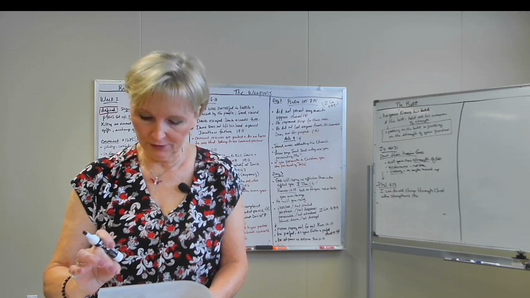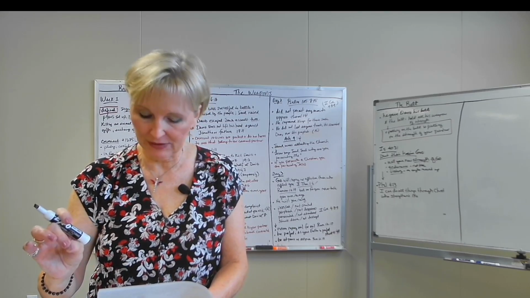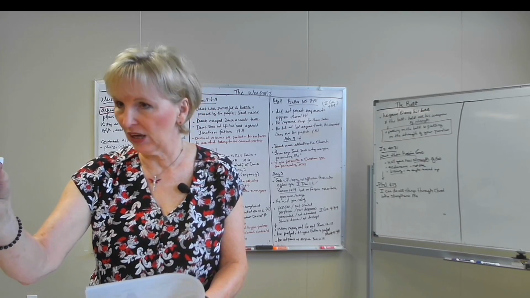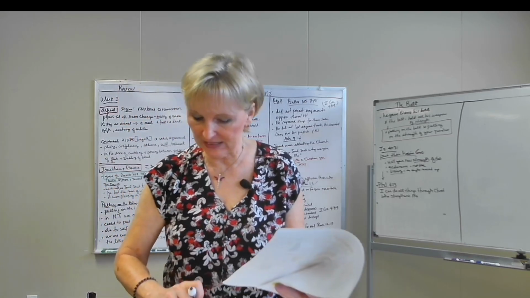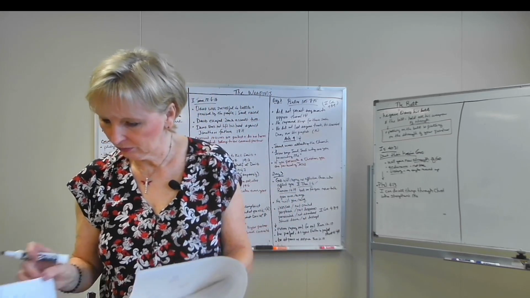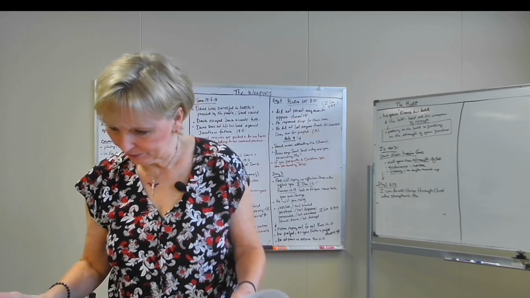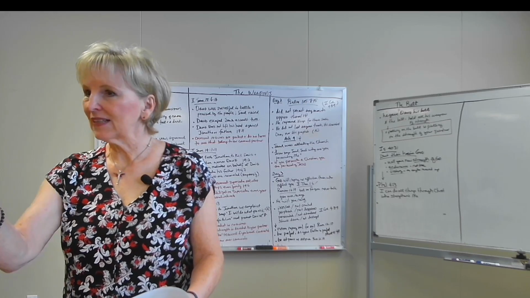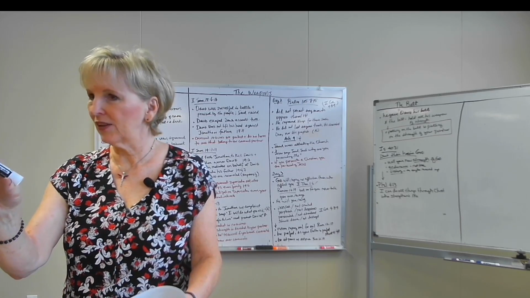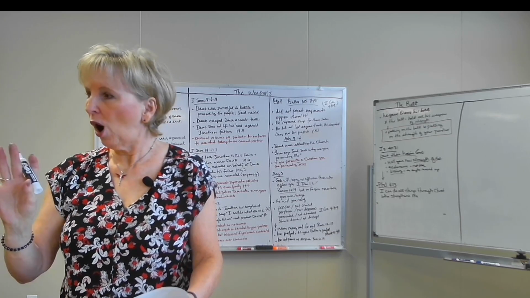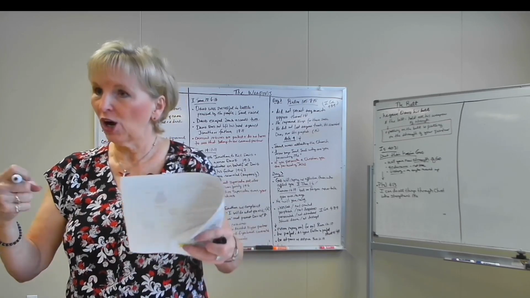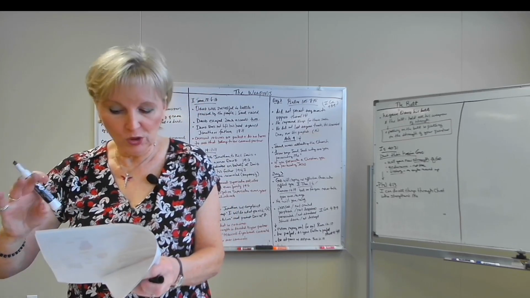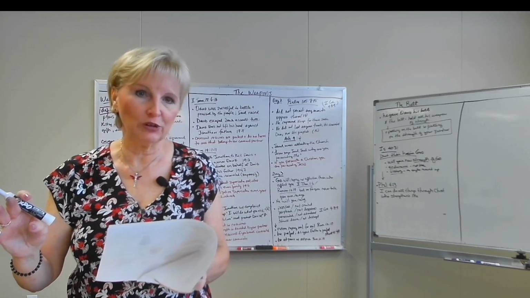Okay, so I'm going to wrap it. I'm just going to mention one more verse here to wrap us up, and that is John 15:7, because he says in that one something very much like what was said about putting on the armor of God. What does it say in John 15:7? If you abide in me and my words abide in you, ask whatever you wish and it will be done for you. Doesn't that seem like a companion to what she just said about putting on the armor of God? All those parts of the armor of God pertain to us putting on the Word of God and God Himself, right? Well, here he says, if you abide in me and my word abides in you, you can ask whatever you wish and it will be done for you.